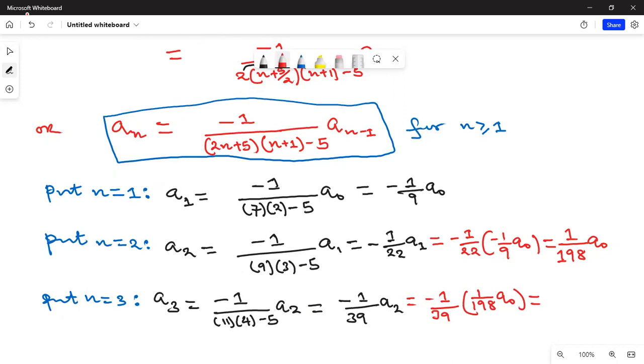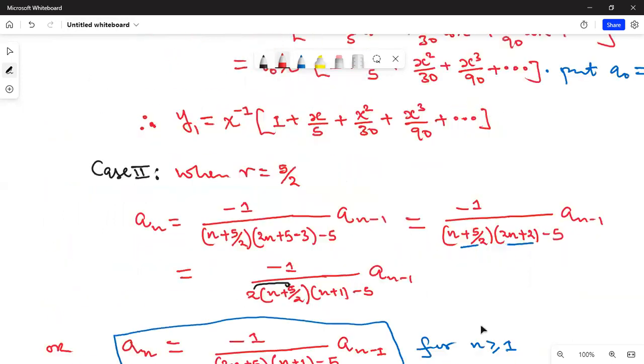So this is -1 over 7722 a naught. And so now the solution corresponding to the second case is given by